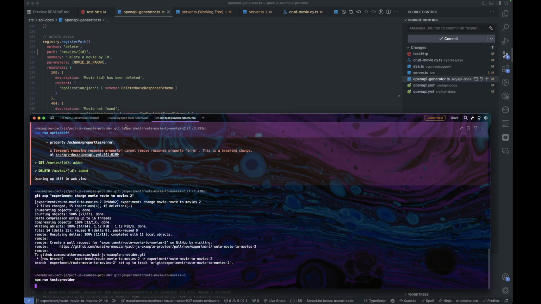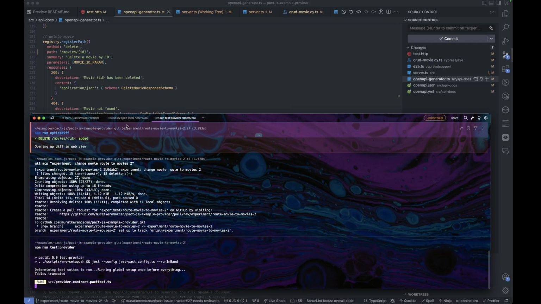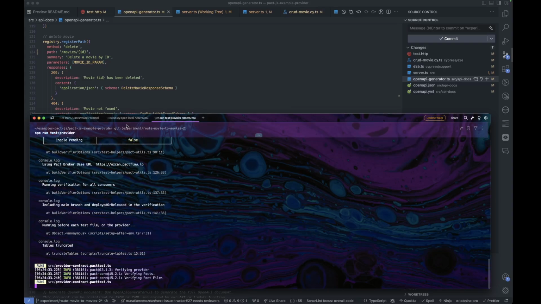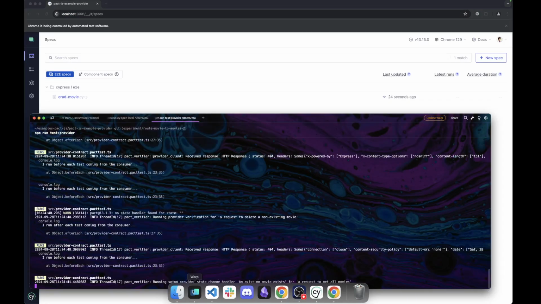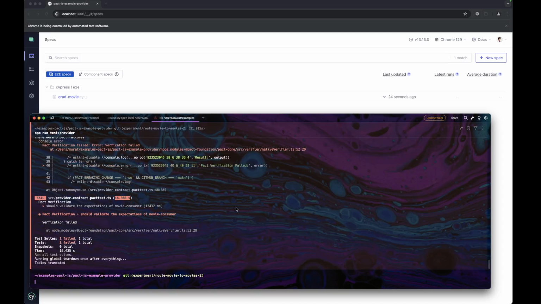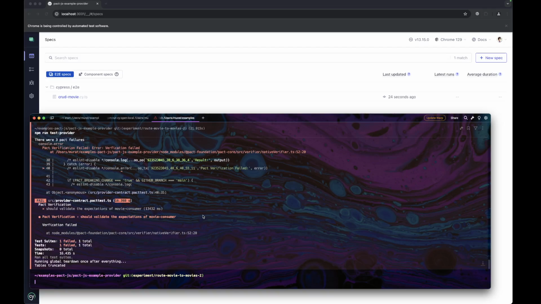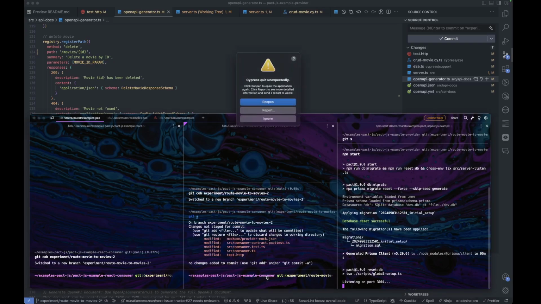Test provider. This will run the Pact test, and this will fail because this is a breaking change, and there is no matching branch with the same breaking change at our other consumer. So this will totally block us. If we ran the consumer tests, since nobody accommodated for these changes yet, like I didn't make any pushes over at the other side, at the consumer, nobody knows about these, right? Because the changes are still here. It's going to fail.